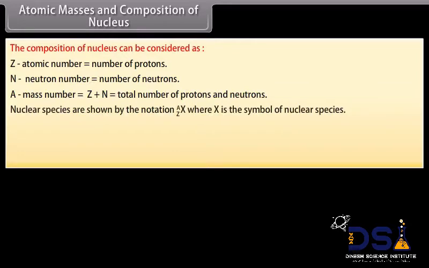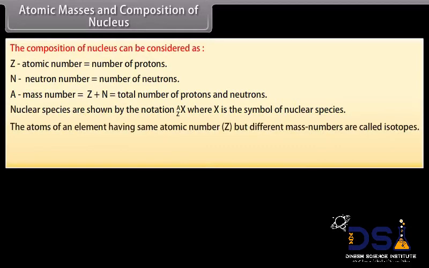Nuclear species are shown by the notation, where X is the symbol of the nuclear species. The atoms of an element having the same atomic number Z but different mass numbers are called isotopes. For example, isotopes of hydrogen are